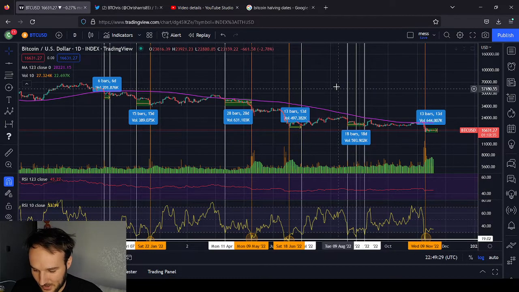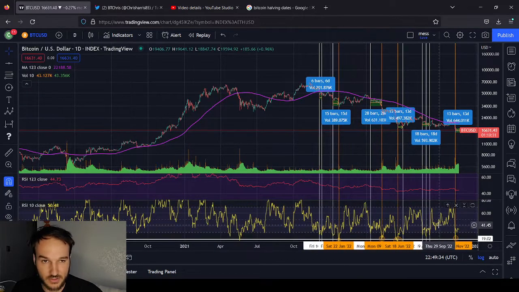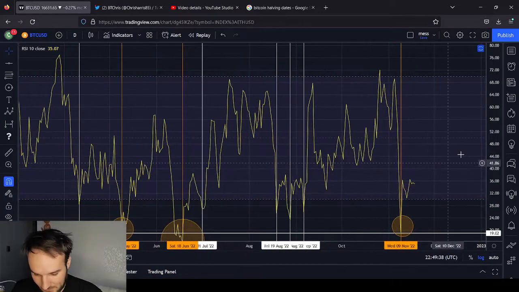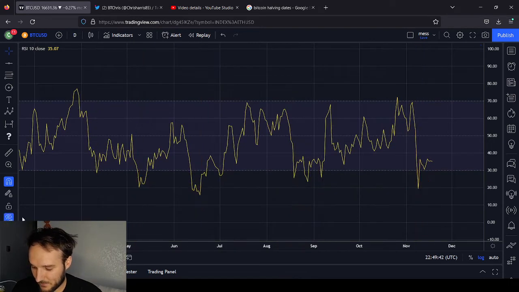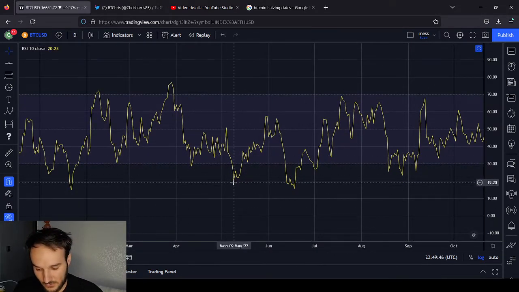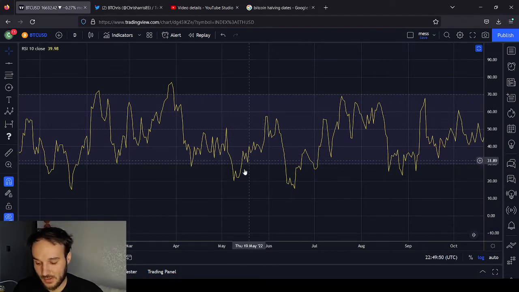What I'm trying to talk about is how these lines relate to this RSI. So what I've done here is I've taken every single moment that this RSI, I'm gonna take off the lines real quick. Anytime that the RSI has come into the oversold zone and pivoted from there, going out of it again, I've put a line right there. And then here I put a line right there. Here I put a line right there because it came out and then it came back down.